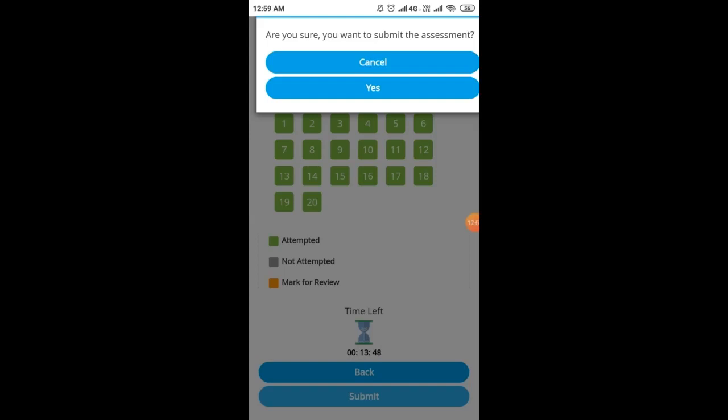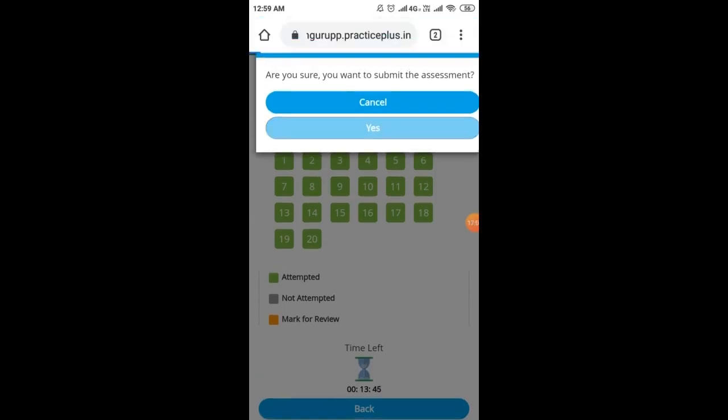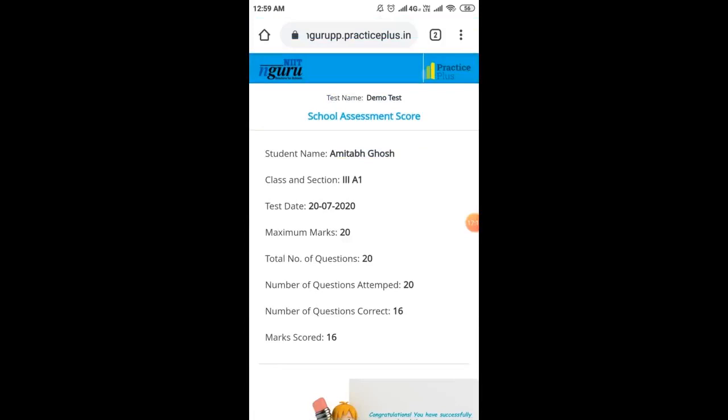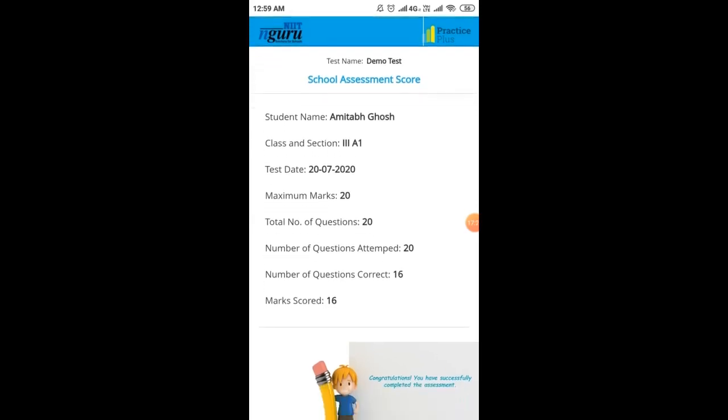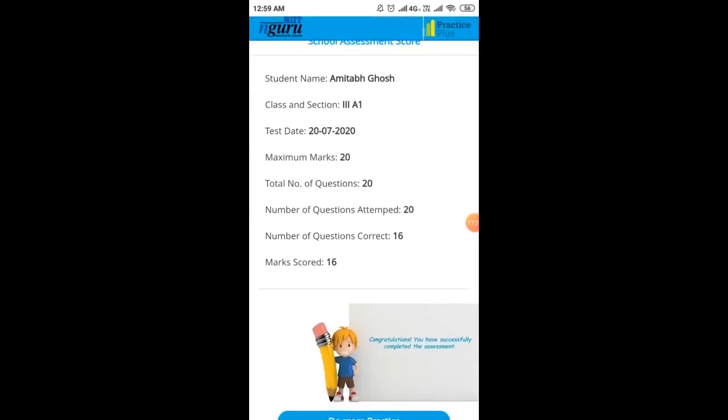Now once you complete your assessment, you will get a summary of your school assessment as a score, where it will show your name, your class, the date of the test, the maximum marks allotted to the PA test, total number of questions that you have attempted, and total number of questions that are available in your PA test, and total number of correct answers that you gave will also reflect here.